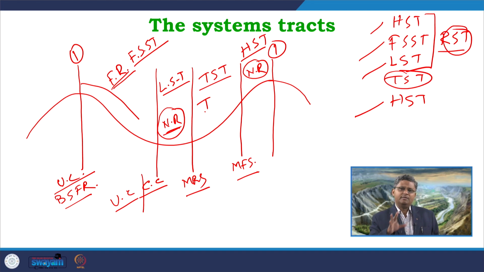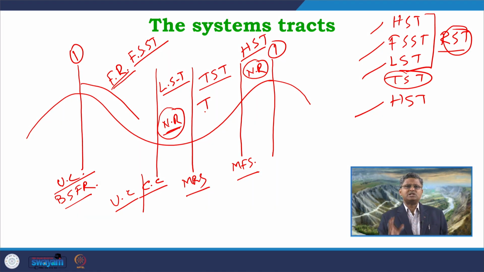So, broadly in marginal marine systems we can identify these 5 systems tracts: high stand systems tract, falling stage systems tract, low stand systems tract, transgressive systems tracts and in some cases a regressive systems tract. So, in successive classes we will discuss these different types of systems tracts in detail in terms of what are the distribution of different depositional systems, what are the processes, what are the events that occur during individual systems tracts in marginal marine systems.